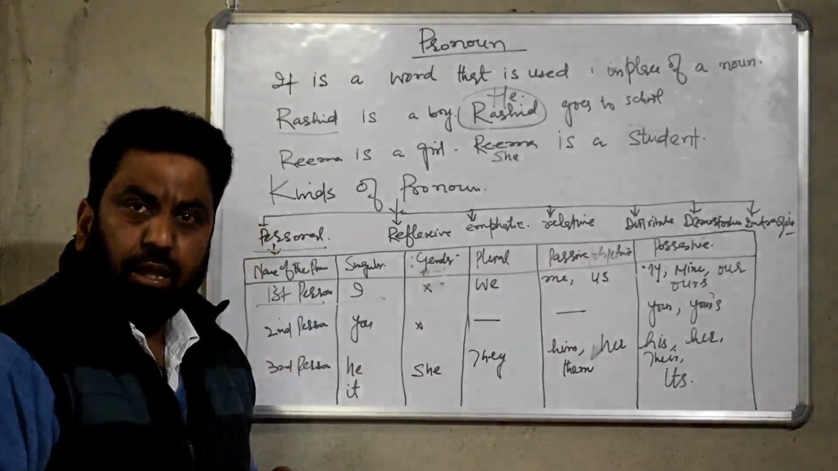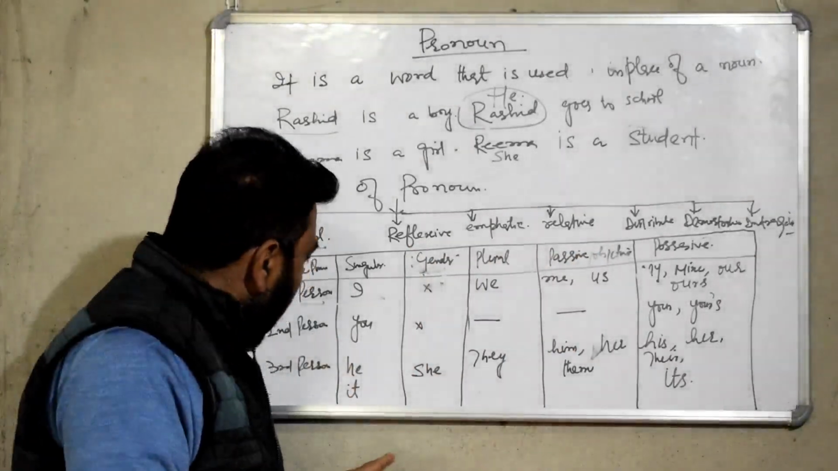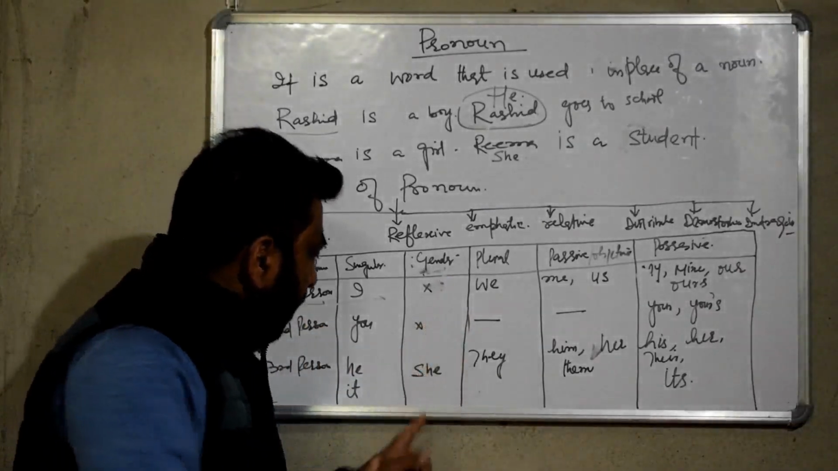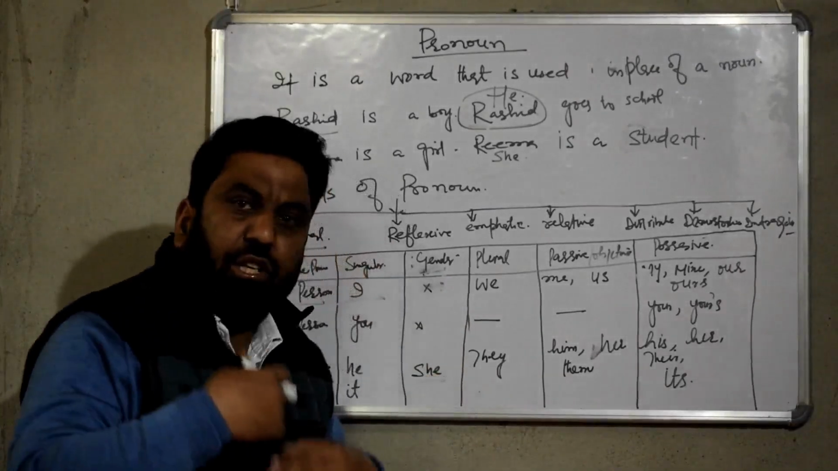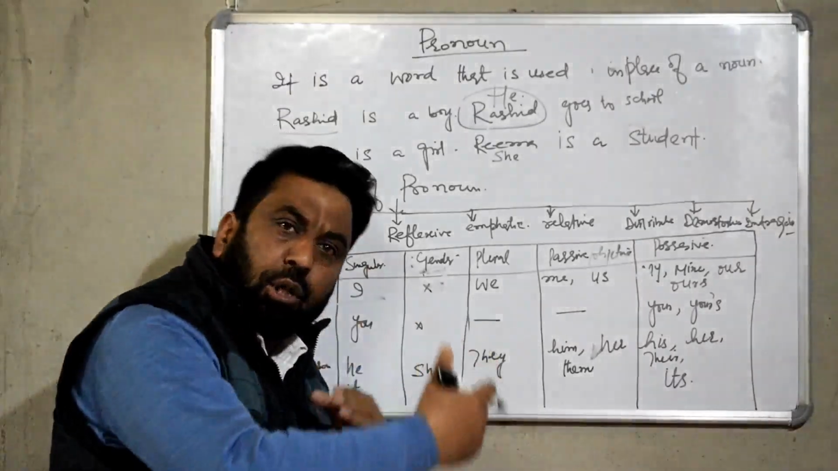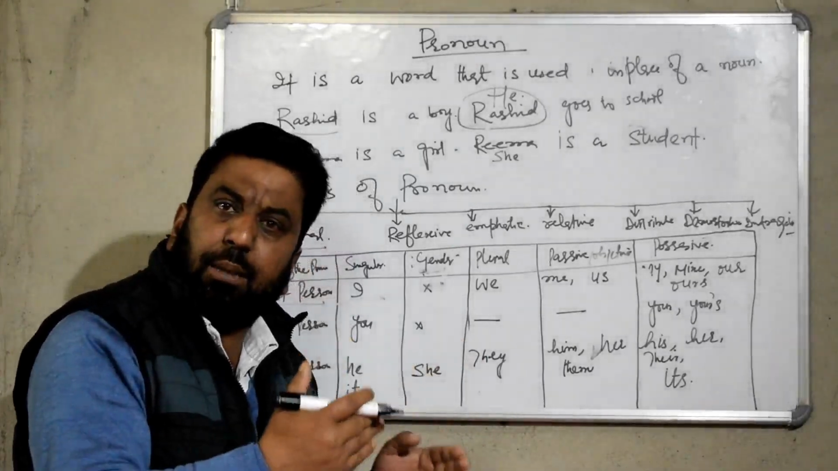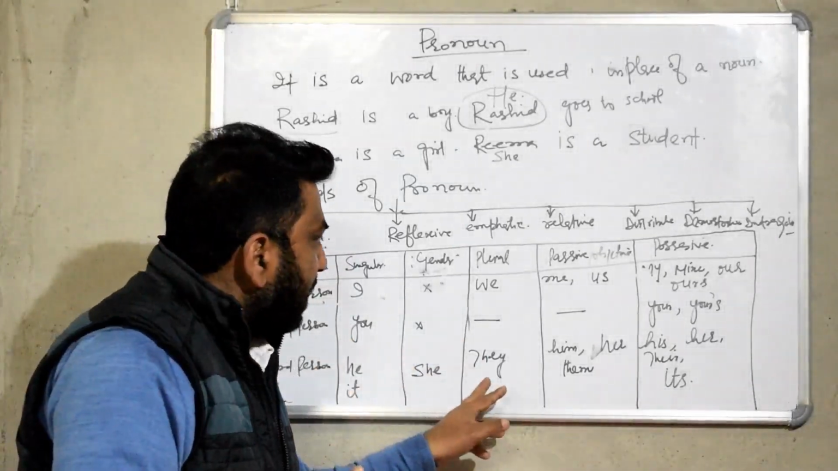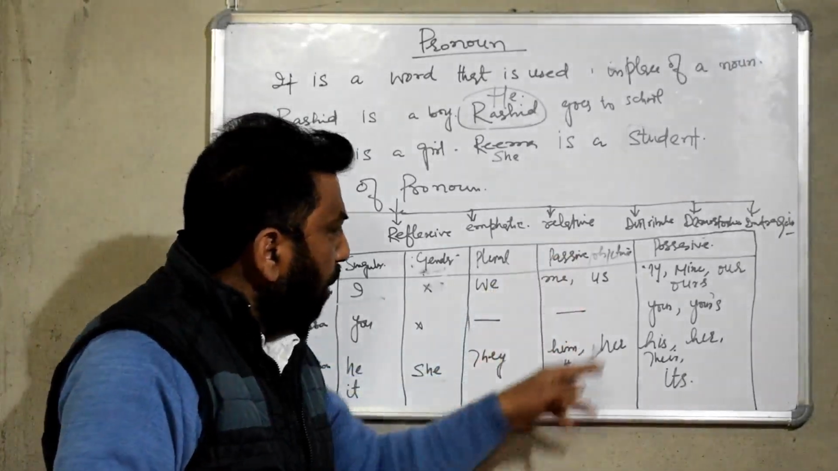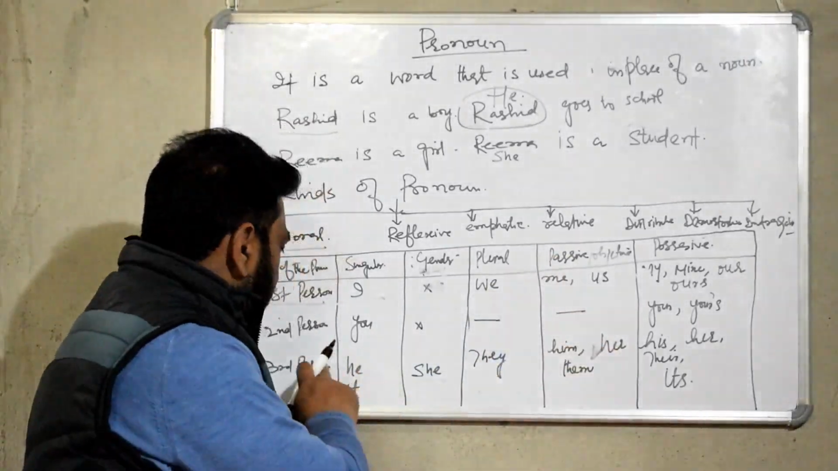In the third person, we have he and we have it. There is a feminine gender for he, and it is she. He is a boy, she is a girl. Both of them have the same plural, that is they. And in the passive or objective form, we use, instead of he,